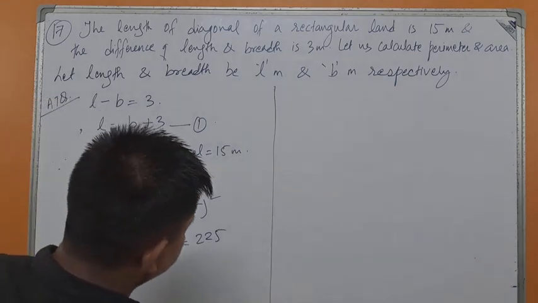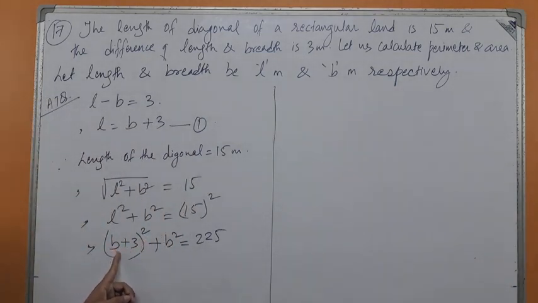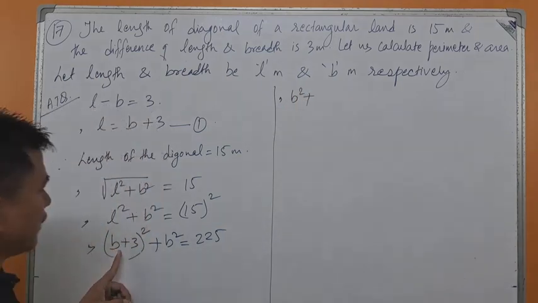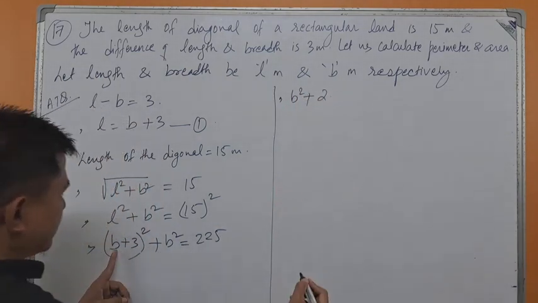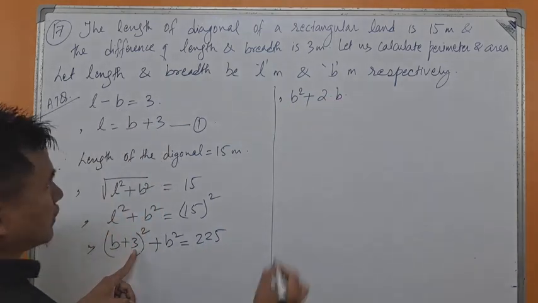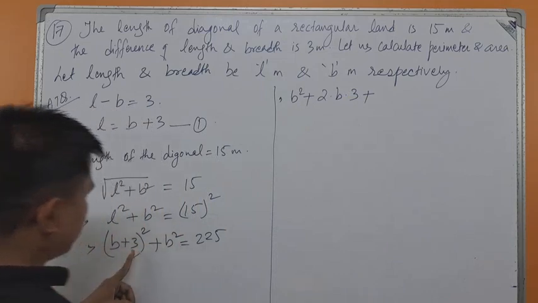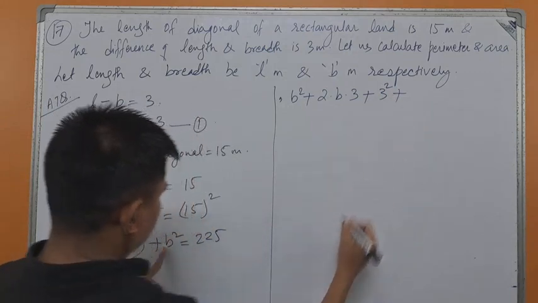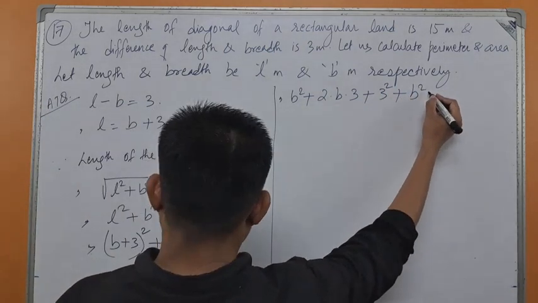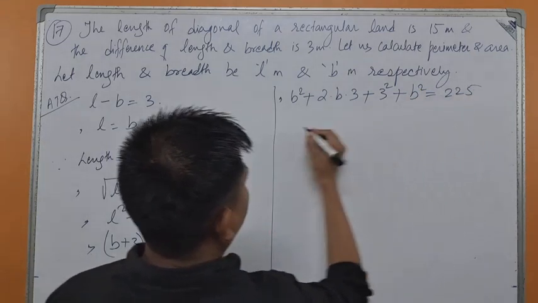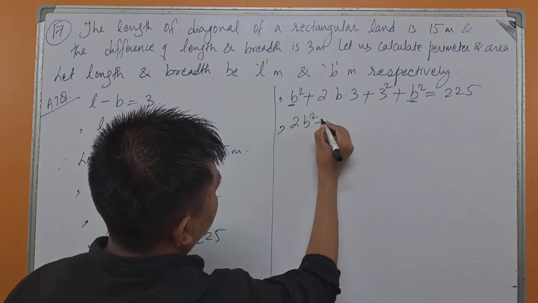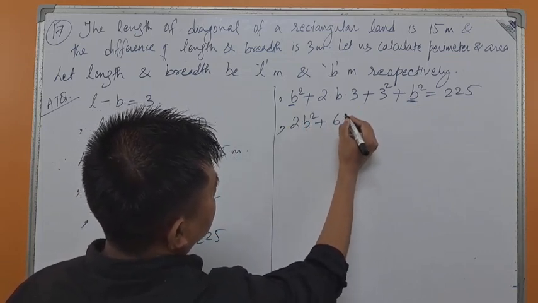Now B plus 3 whole square. Let me continue here. I am putting the a plus b whole square formula here: a square plus 2ab plus b square. So B square plus 2 into B into 3, that is 6B, plus 3 square, plus B square equals 225. This B square and B square becomes 2B square, plus 6B,